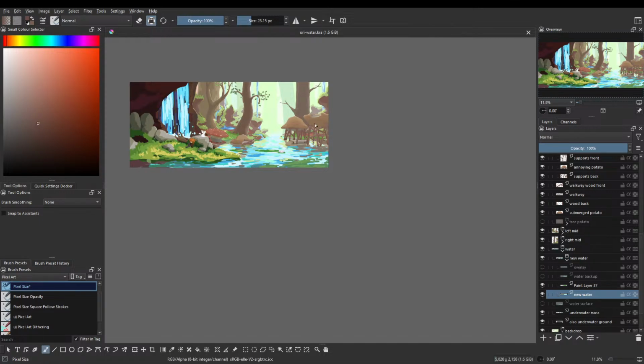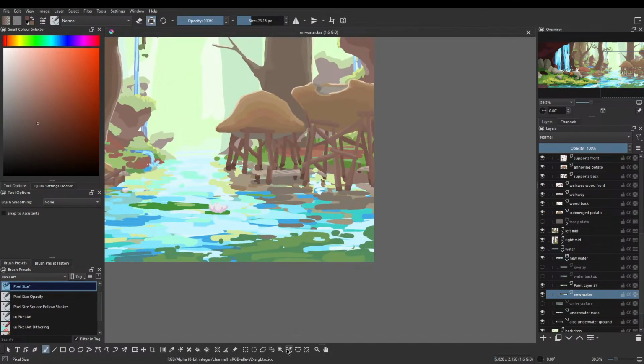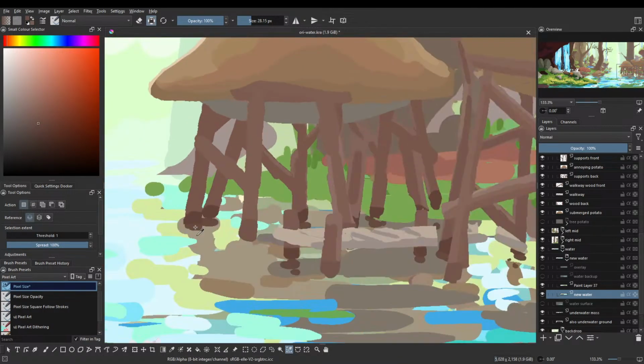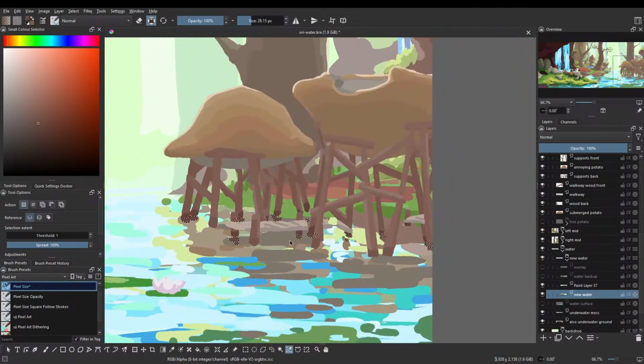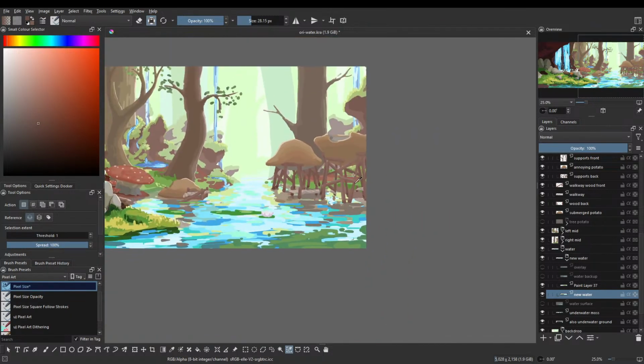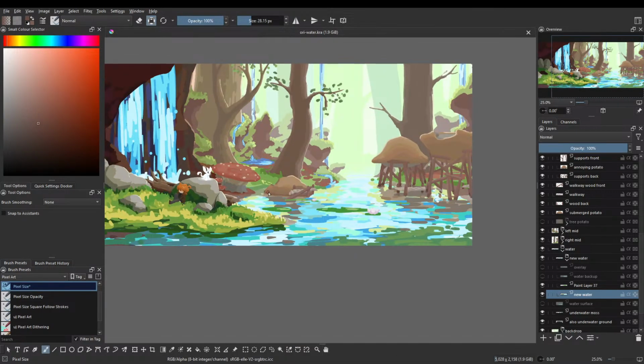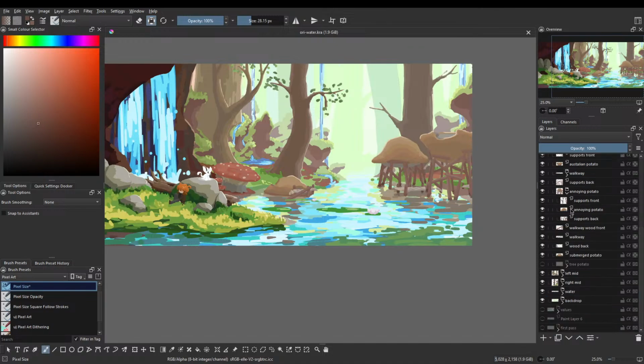Am I overdoing it? Maybe. Probably am. This is too dark for the water, even. This color we need to brighten. Desaturate. Yeah, that was definitely needed. And then I also want to darken this line a little bit still, because that doesn't integrate well, if anything.